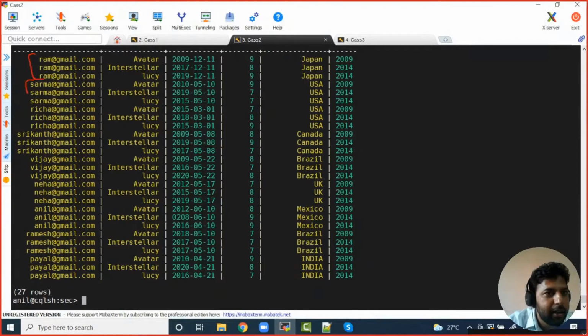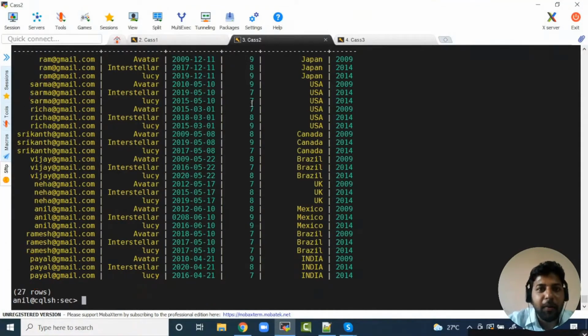Everything watched by Sharma, everything watched by Ram, it keeps in one single partition, and that will sit in one single place. So anytime I want to fetch the rows watched by Sharma, I can get them so easily. Anything watched by Pile, I'll get it so quickly.